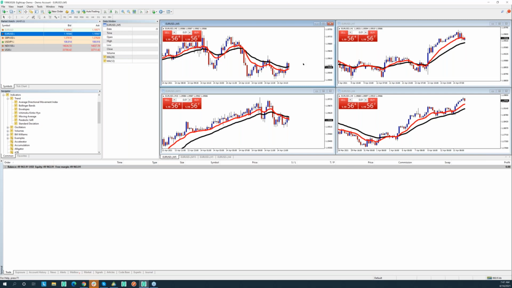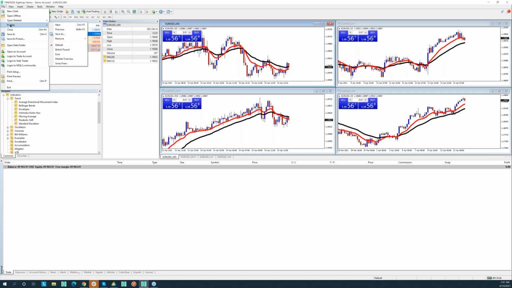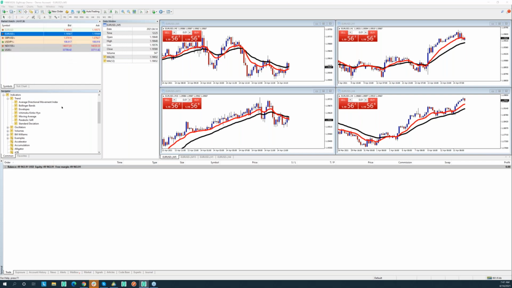Okay, very cool, right? Now, what if I wanted to save this look and feel and be able to refer to it anytime I wanted to? So here's something super, super cool. I can go into File, and you see this word Profiles, right? I can save this thing as Save As. Let me bring up the chart. And let's call it Euro USD